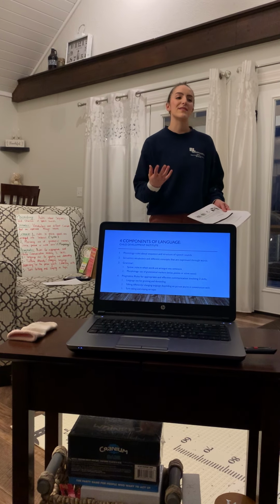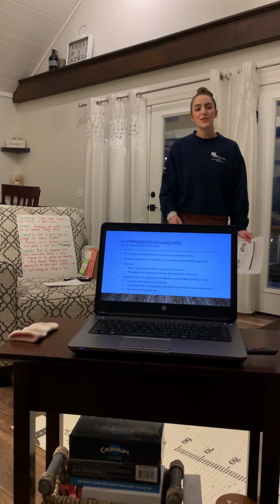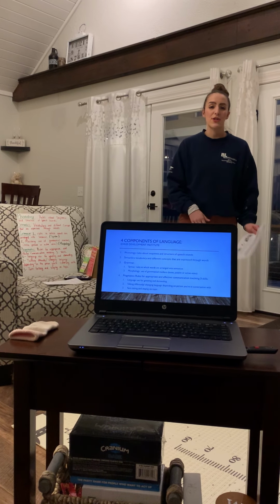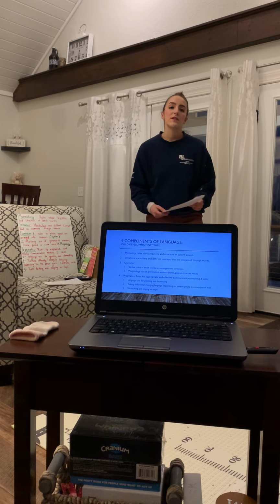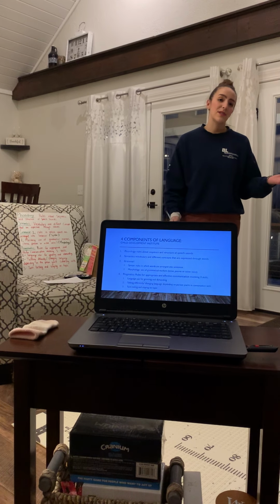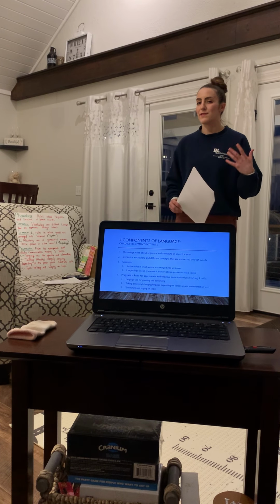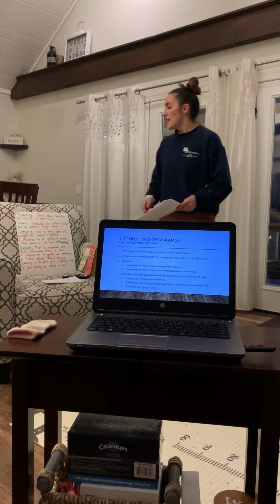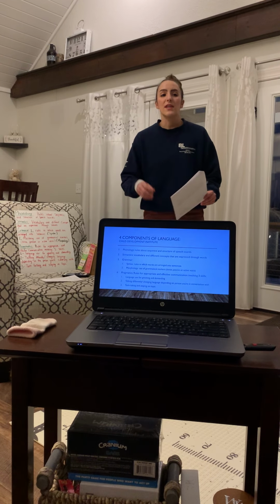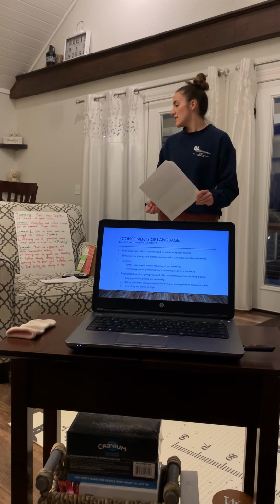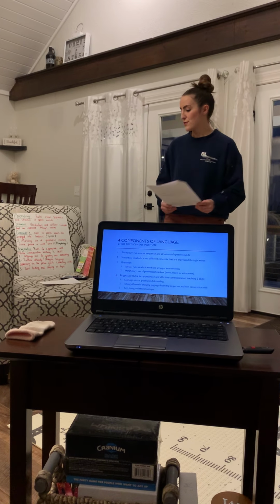There are 4 components of language. The first being phonology. Phonology is the rules about sequence and structure of speech sounds. This is one of the more important ones, considering that if you don't know the sequences or structures of words and how to pronounce words, you can't effectively communicate with the language. In elementary education, phonology is the main principle that they are taught so that they can then grow throughout the rest of their education in their language.